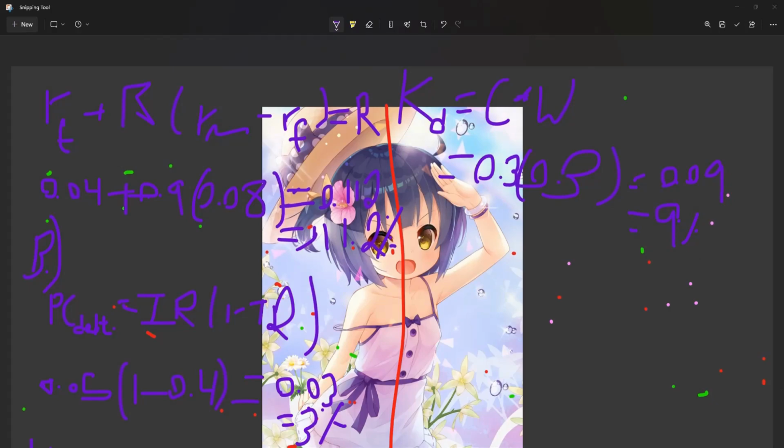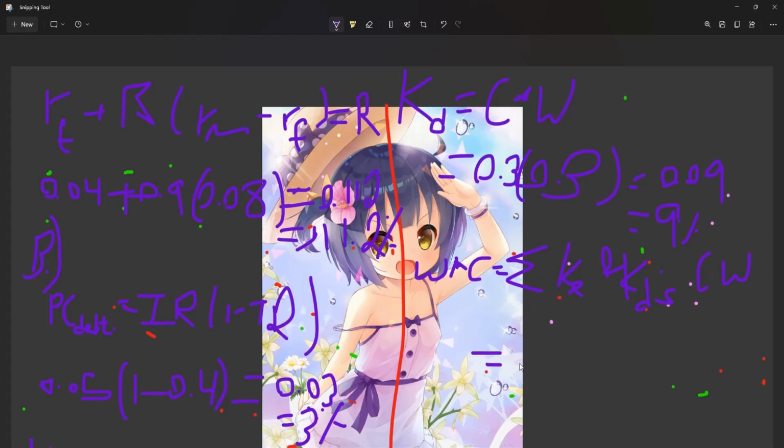Yes, that is correct, 9%. Okay. Now that we have that, we have to get the WACC. And as we know, the WACC here is the sum of the KE and KD's CW. So this equals the sum of KE and KD's CW,